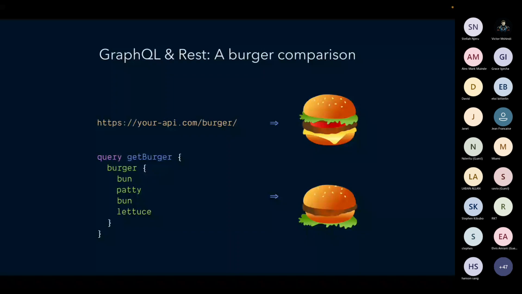Consider if you're making a UI, and most of the time, if you're making a responsive application, or maybe you have a mobile app and a web app, because of real estate they'll have different data needs. Some will ask for more data, some will ask for less, and this is advantageous.